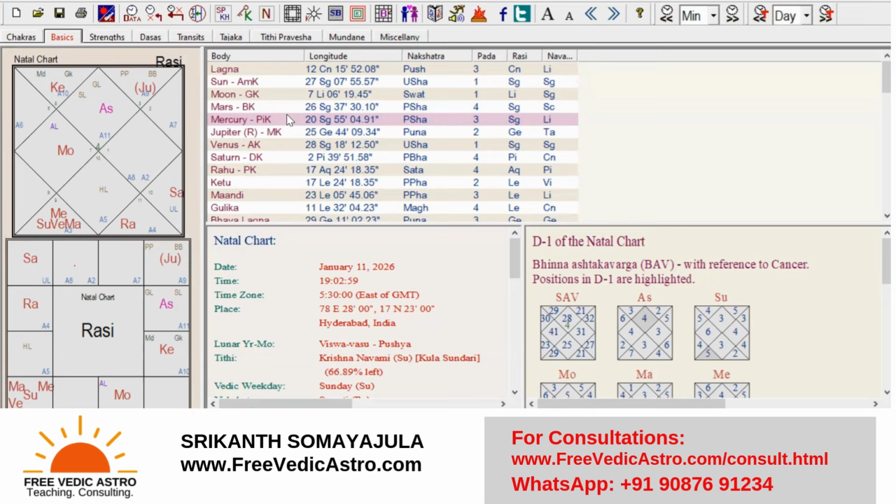Okay, sir. One more query. As you said in the introduction in today's class and yesterday's Telugu class also, the retrograde motion of the planets is not constant, they keep changing. They'll go to direct motion again. So while analyzing the results of a retrograde planet, do we need to see the current transit? I know you don't apply transits, but when analyzing the effect of the current dasha result, do we need to consider whether this particular planet is now retrograde or in forward motion?